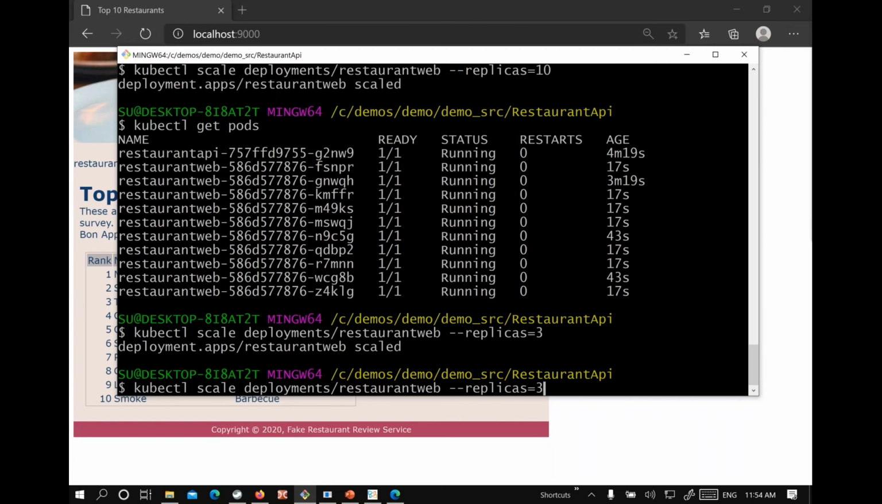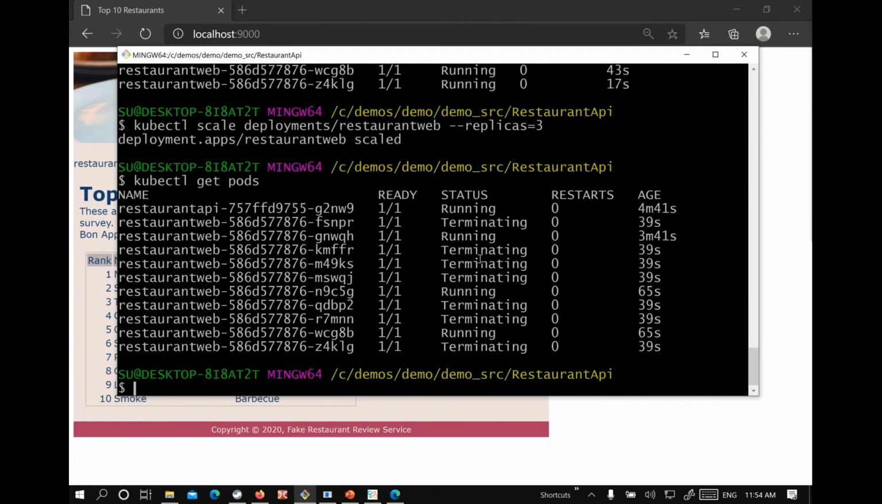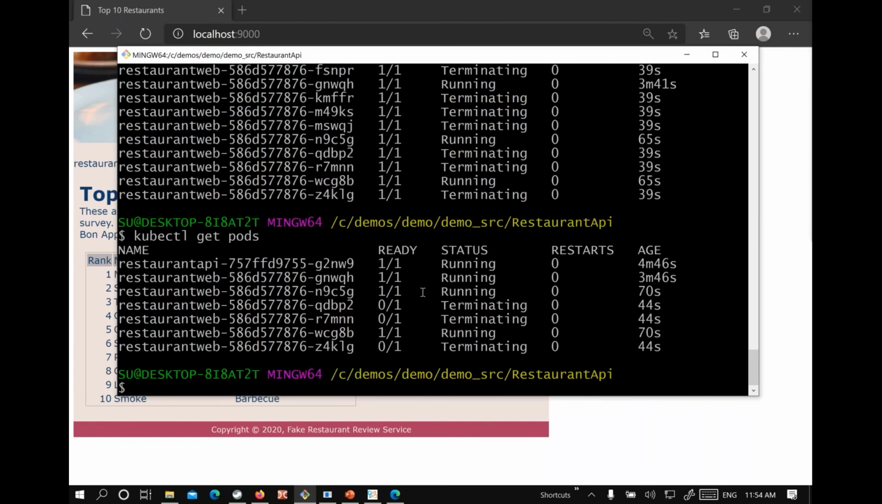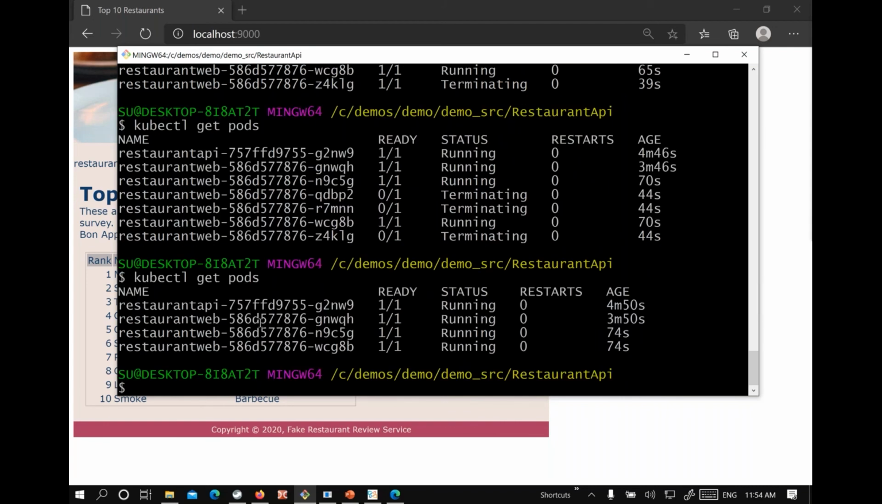So we have scaled it down this time around. If I get the pods list, it's terminating the extra pods that are no longer required. It will scale it down to just 3 for the web front end. Now to see load balancing in place,